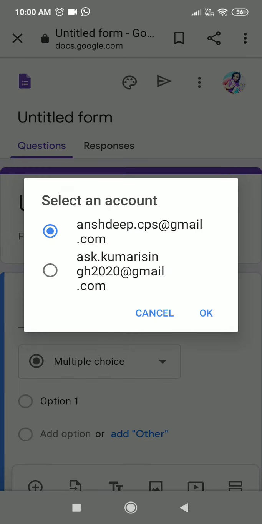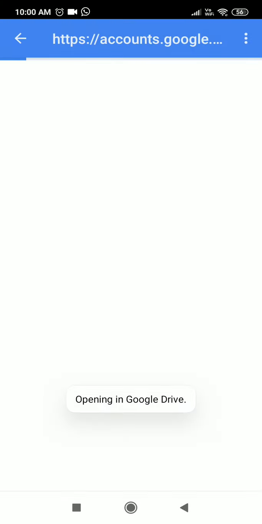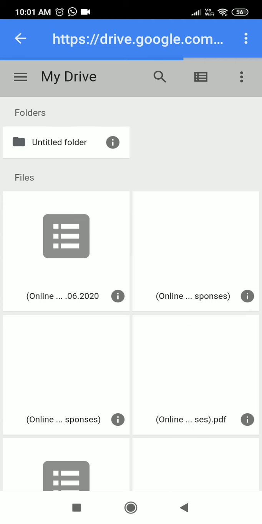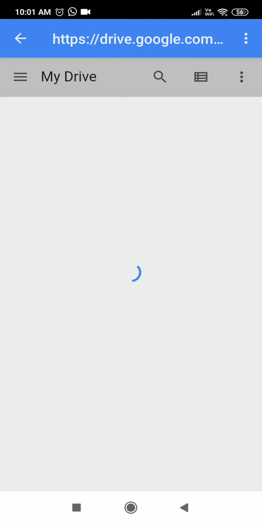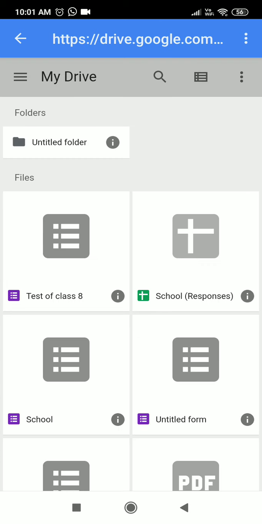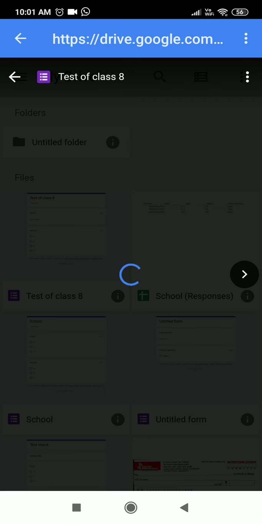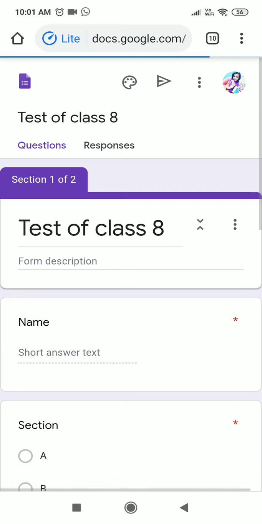Okay, we click on this blue button here, folder. Here I have two logins, so it is showing the login again and again. In one phone, it will not show. Once you have only a single Gmail account on your phone, then it will not show. I go here, sort by last modified, the last thing that I have opened. See, test, here it's showing up. I open this, click on this, open in new window. You open like this.